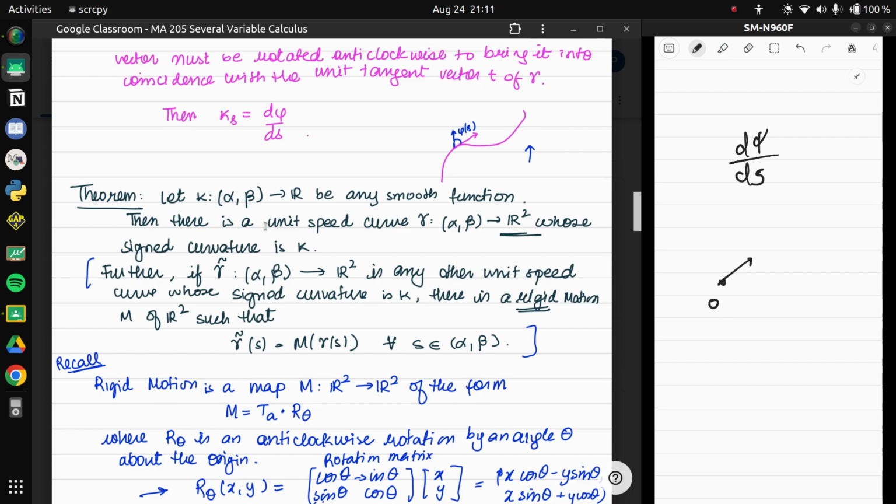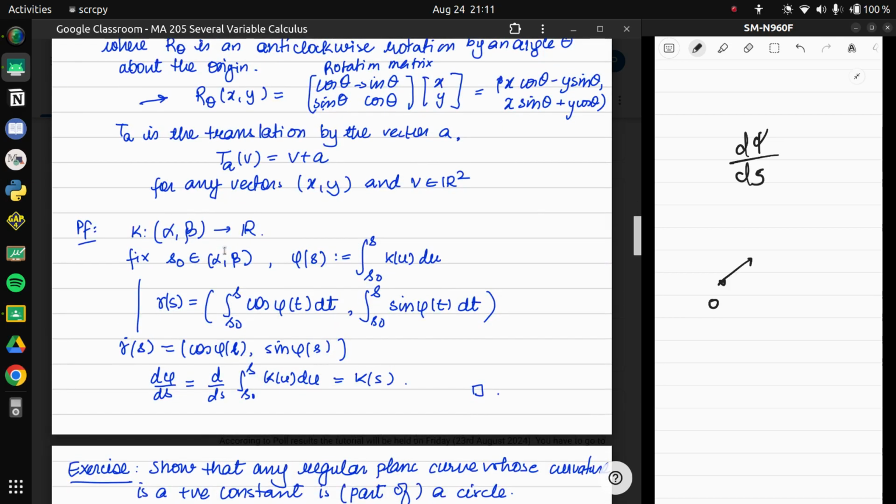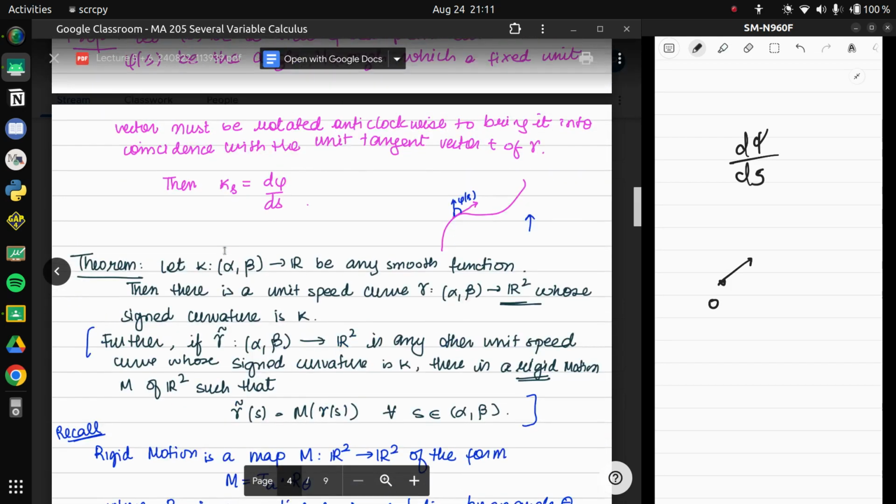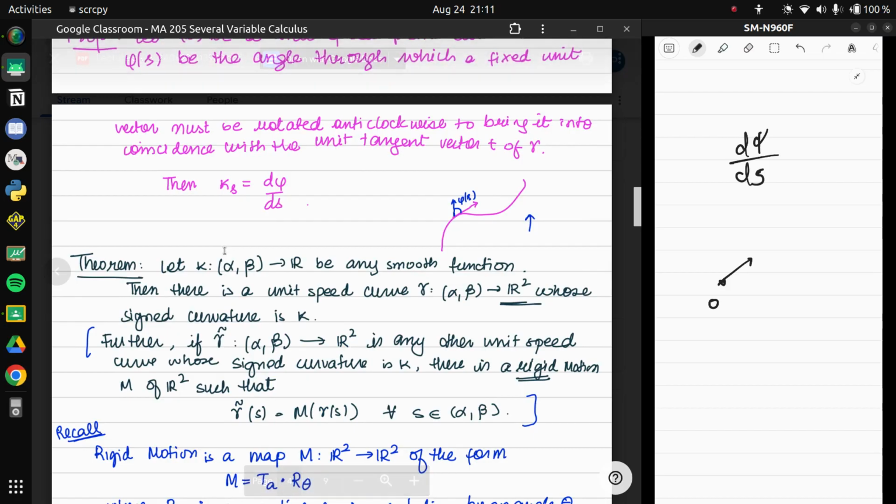Actually, they have given me a proof already, but let's just try to prove it by ourselves. So we're given some original point at s equal to 0,